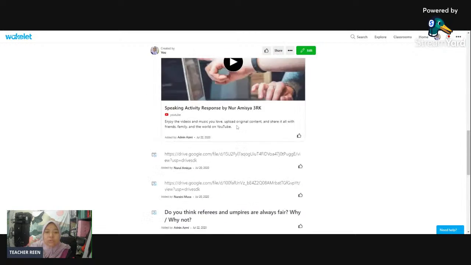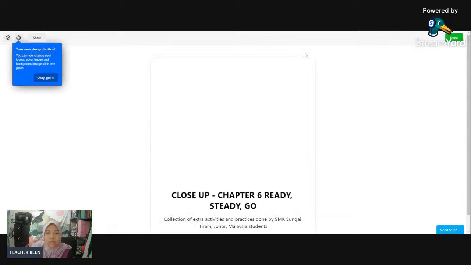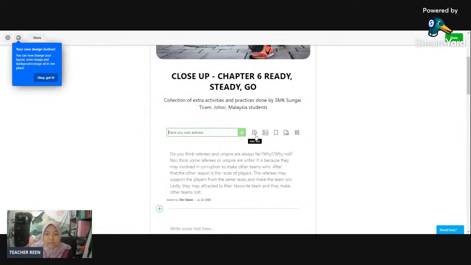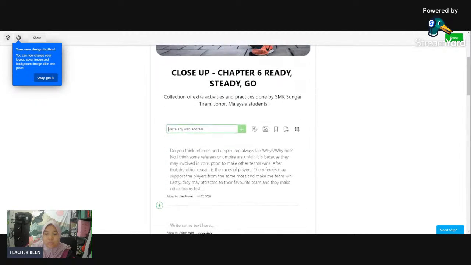So how to post in here? When you scan the QR code, you can edit. When you edit, you can actually add something. If you look at the top here, you can see the options.